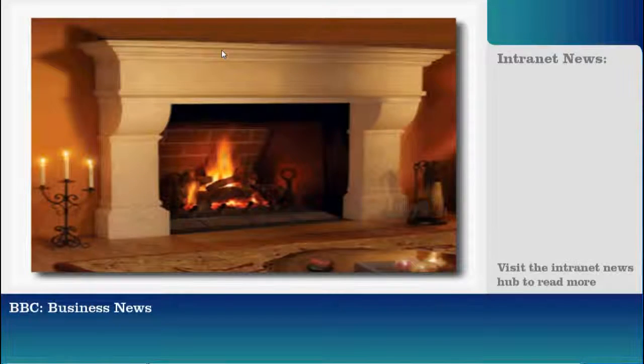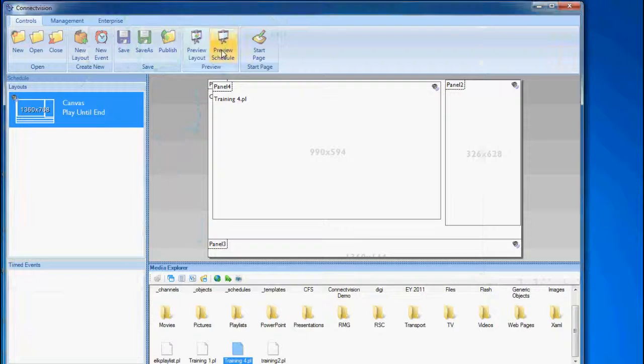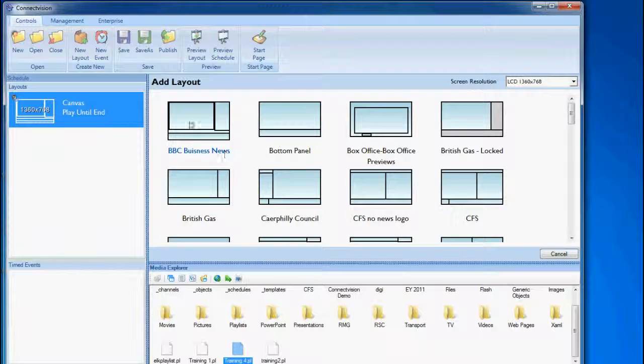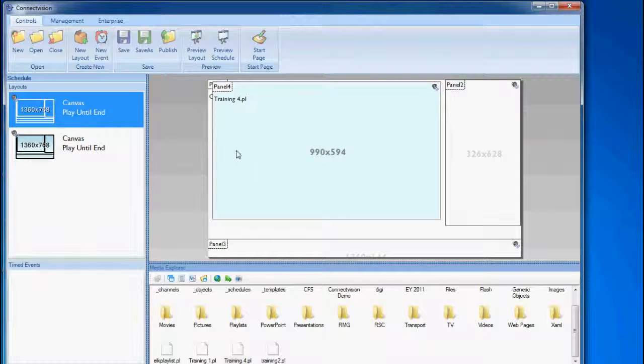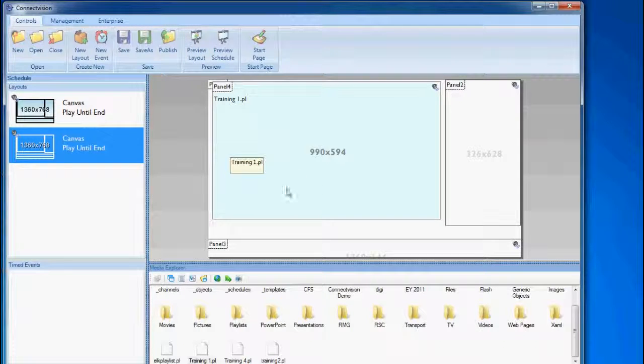So that's it for playlists, and this is very, very useful when you have a number of teams contributing to the same schedules. For example, it'd be quite easy to add another layout here. So the first one would be using this Training 4 playlist, so it could be national. The second part could be using another playlist. This is the Training 1 playlist, very similar. Preview layout. Okay, it's the same video, but you probably get my point